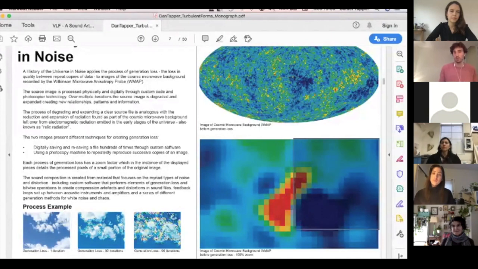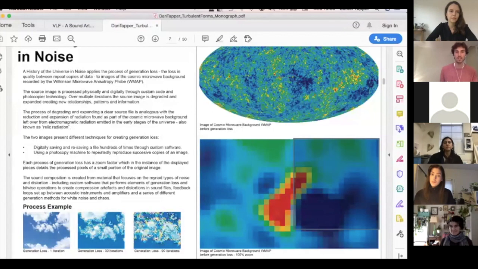It relates to the cosmic microwave background in the same way that the CMB comes from the Big Bang, and it's this immense amount of information and energy that was at one time, and we can still access it and see. Like, for example, we can map it, and there is a detectable amount of radiation, but it's very, very low. So this massive amount of energy has degraded and degraded over time, and so the process of generation loss was meant to be like this analogy of breaking something down and creating an analogy between the image and the content that was created and the science behind it.